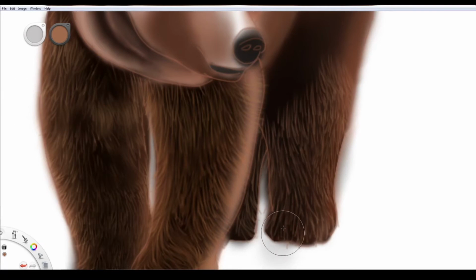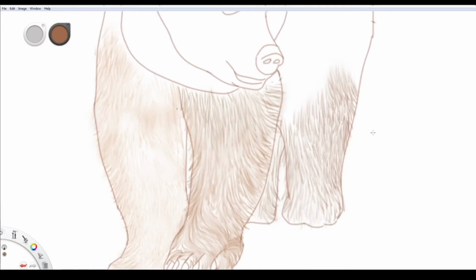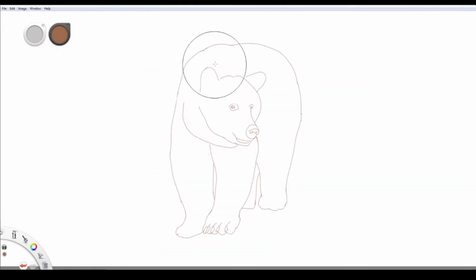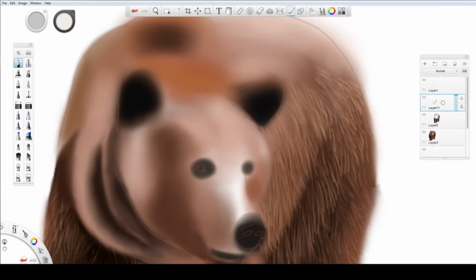For hair, I have formed a new layer. Look at the hair strokes. Using a soft eraser to lighten the color of outlines. Outlines are just supporting lines which are required in the starting. You can erase them afterwards. I will recommend you see this video on your laptop or PC to understand better the details and tools which I am using.